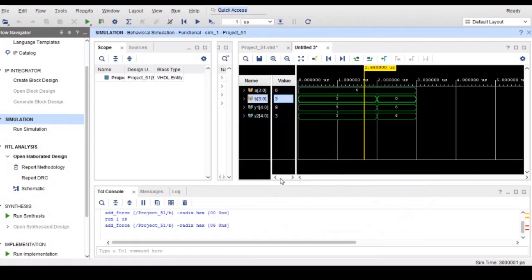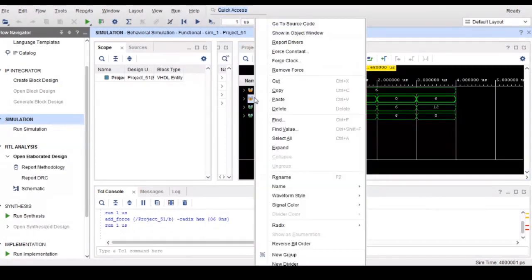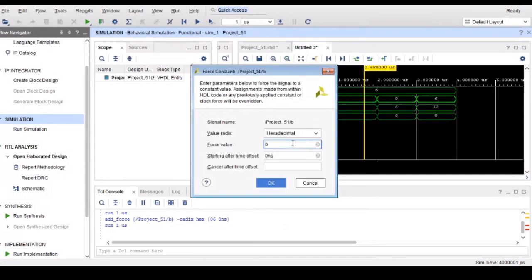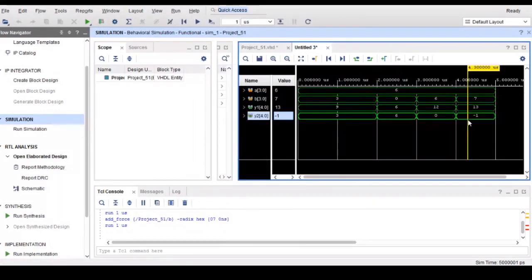Any doubt you ask me, then we move into subtractor. Fine.